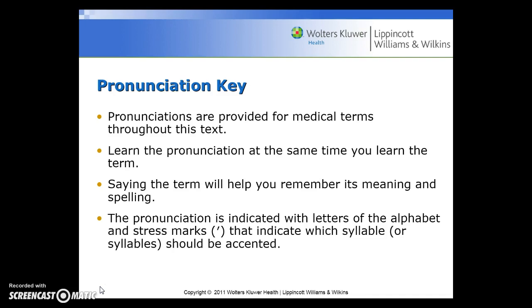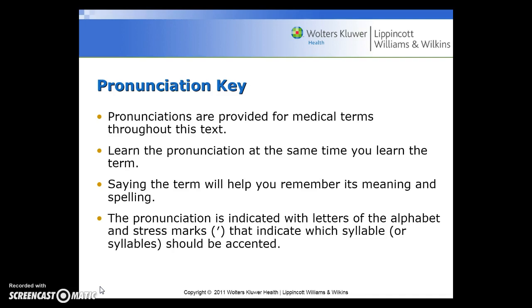So let's talk about the pronunciation key. Pronunciations are provided for medical terms throughout this text. It's important to learn the pronunciation at the same time you learn the term. Saying the term will help you remember its meaning and spelling. And the pronunciation is indicated with letters of the alphabet and stress marks that indicate which syllable or syllables should